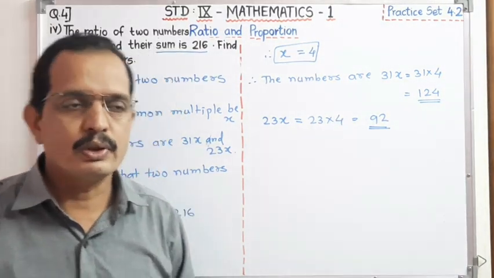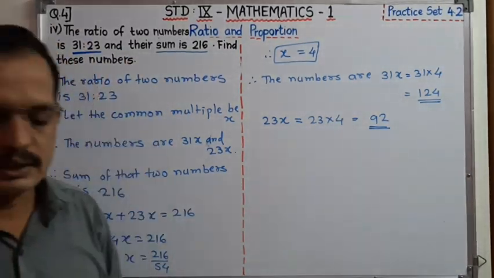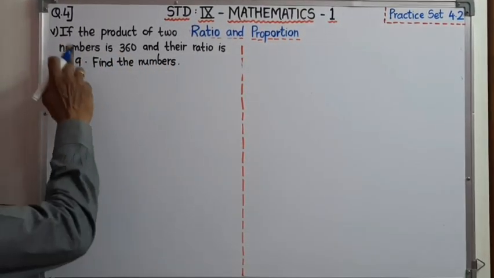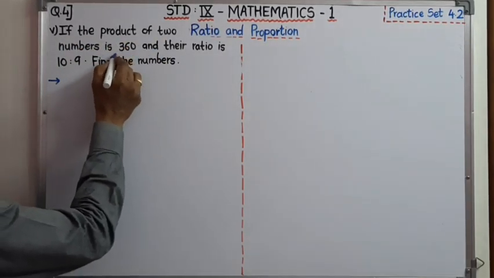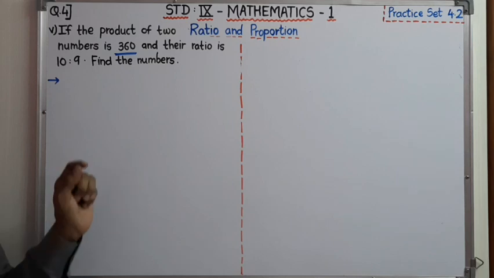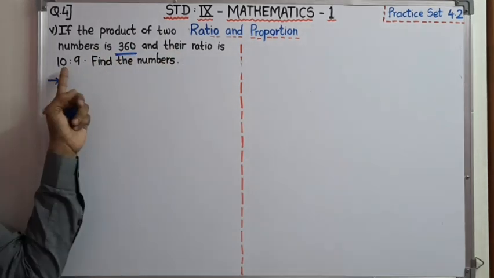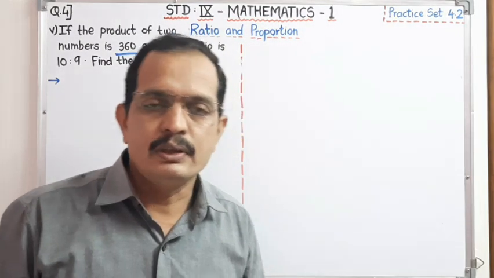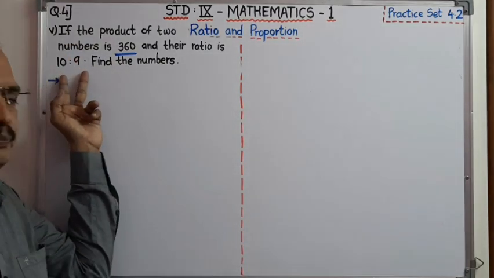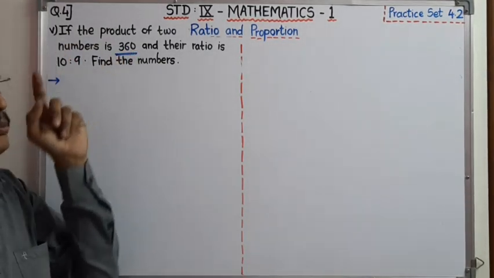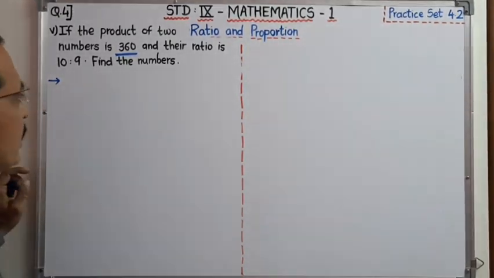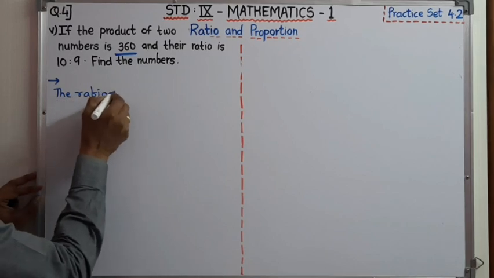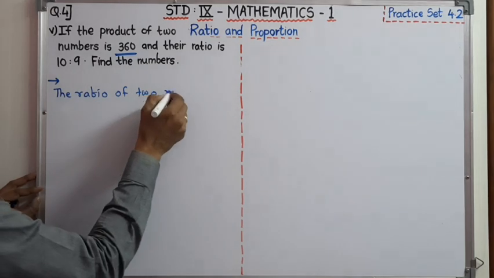Now, dear student, we have to start with the last sum from this, that is the fifth question. See, dear student, question number 5th one. If the product of two numbers is 360 and the ratio is 10:9, find the numbers. Dear student, here two numbers are given whose ratio is 10:9 and product of that two numbers is 360. We have to find out that two numbers. First of all, we have to write the ratio of two numbers